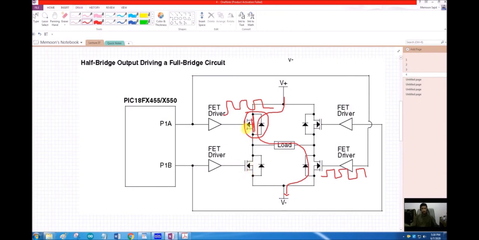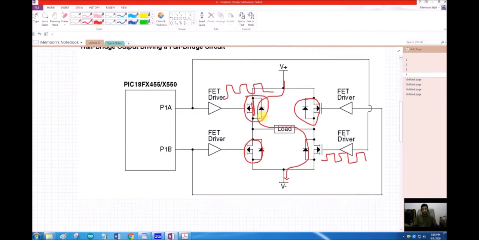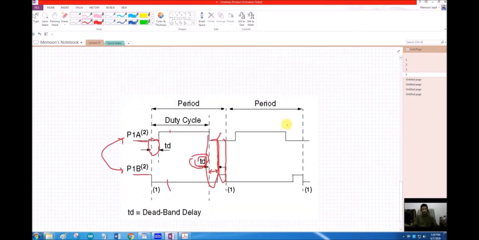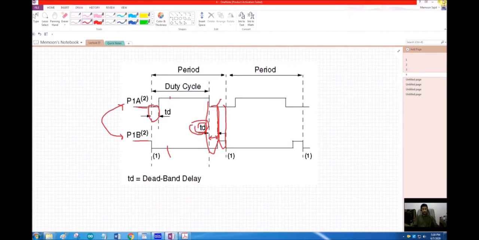So we can give a PWM on both of these transistors. Similarly, when this transistor is on, this will be off. So when we are giving alternate, inverted waveforms to these transistors, we are effectively using a half bridge mode to control a full bridge, but in a push-pull mode. You will use it in power electronics hopefully. For motor control, this approach is suitable. So these are the different modes associated with ECCP.